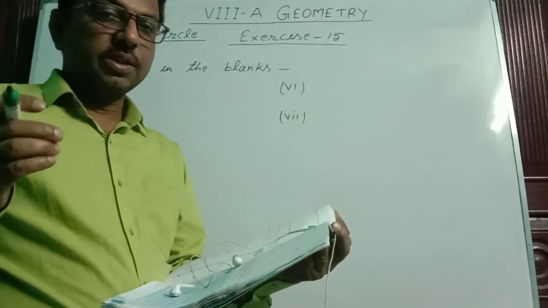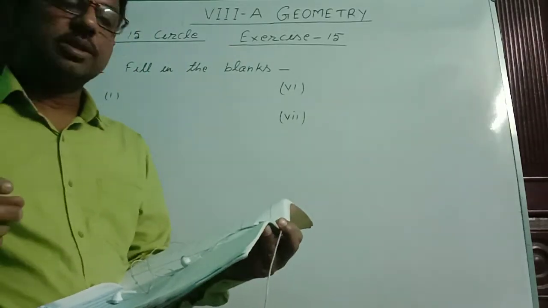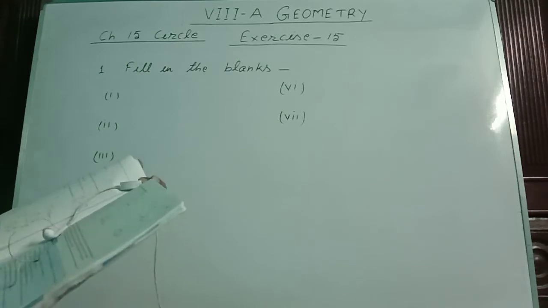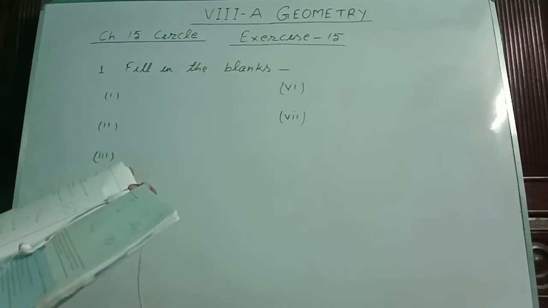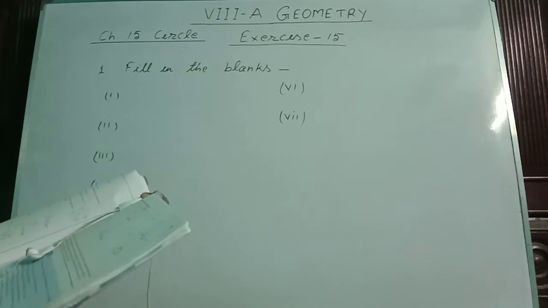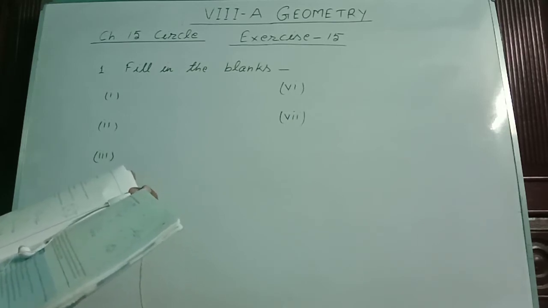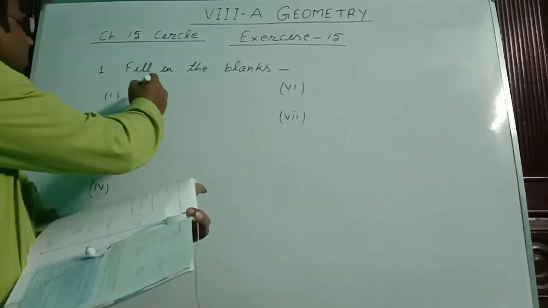Let us start the exercise 15. The first question is fill in the blanks. There are 7 questions, 7 Roman numbers. In Roman number 1, a radius of a circle is dash of its diameter. Radius of circle and diameter, there is a relationship between this. Radius is half of diameter. Radius of a circle is dash of its diameter, means half